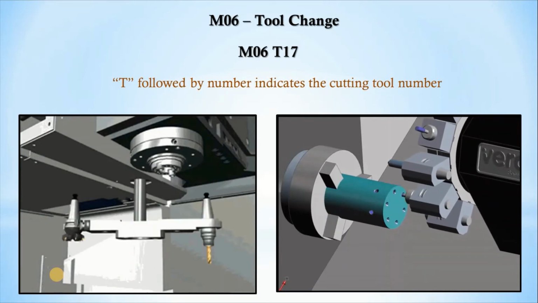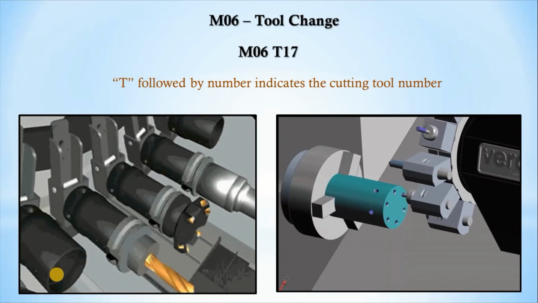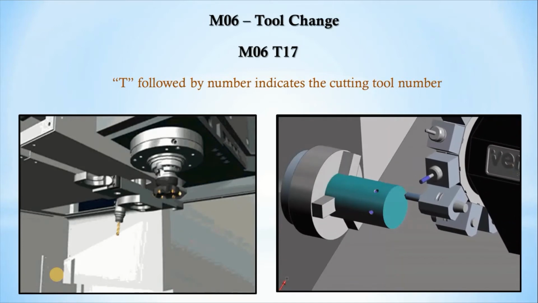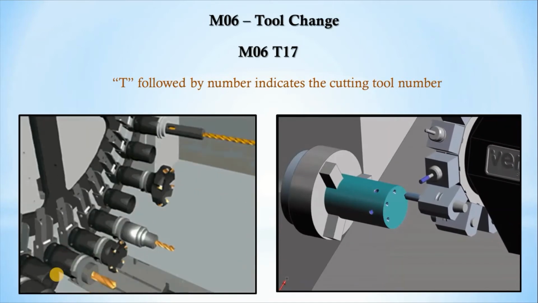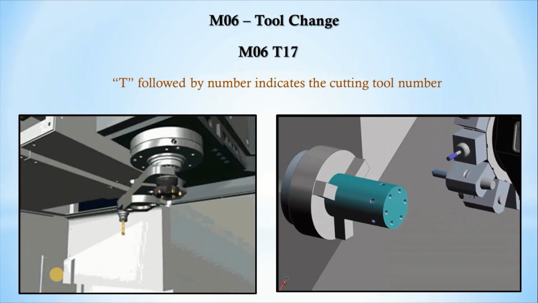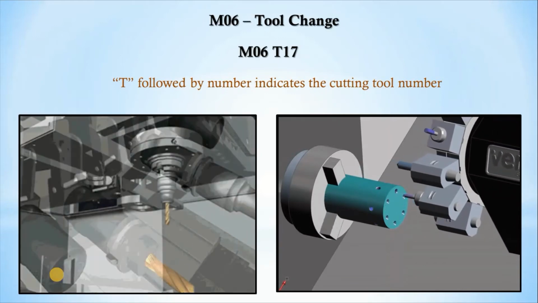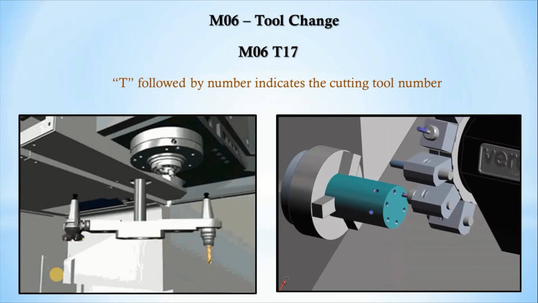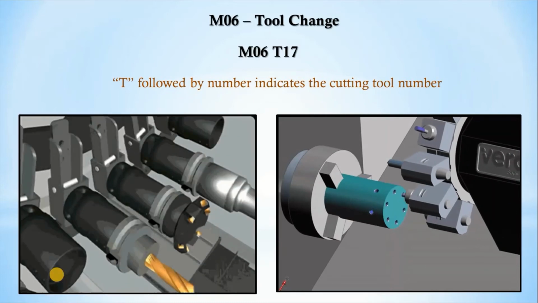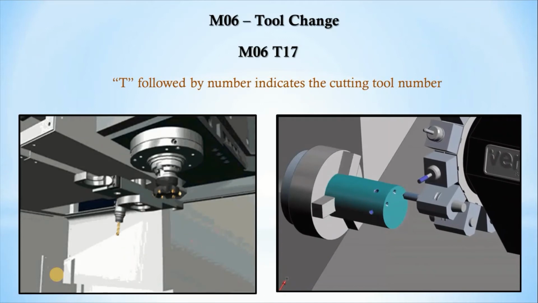For that we can use the automatic tool changer, the ATC, where we can load the tools, and based on the operations we can select the tool based on the number. So at the ATC numbers are given for the tools, and we just give the number after the capital T, then that tool will be called and it will perform the operation. If we have multiple operations to be done on the same component, there we can use this M06